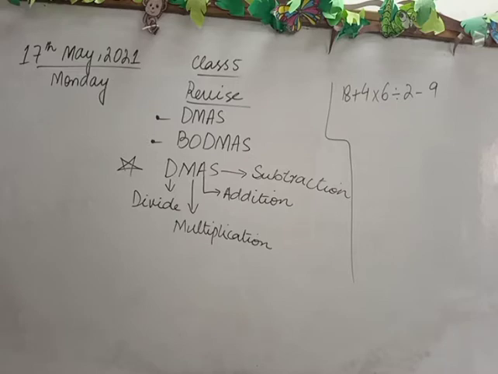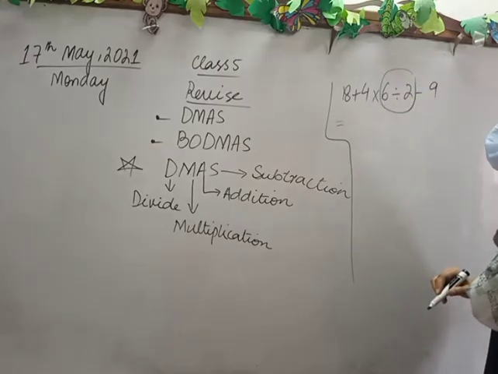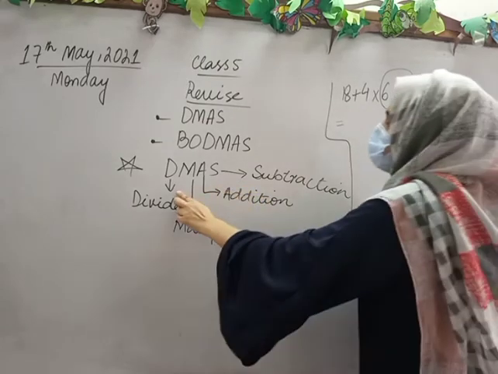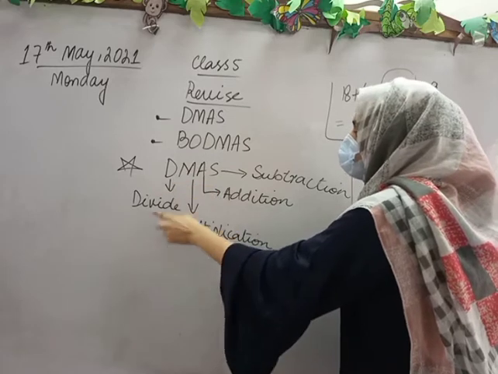अगर हमारे पास ऐसे क्वेश्चन आ जाते हैं जिसके अंदर सब ऑपरेशन एट अ टाइम गिवन हो, so we will apply DMAS rule on it. So according to DMAS rule, we will first solve this portion. Why we will solve this portion first class? Yes, Adishwa, you tell me. Very good. As you know, we will follow DMAS rule. So according to DMAS, first we will solve division.